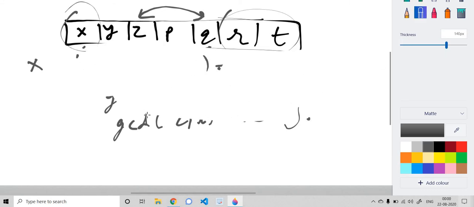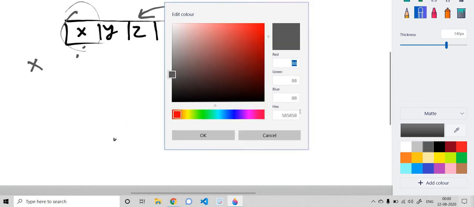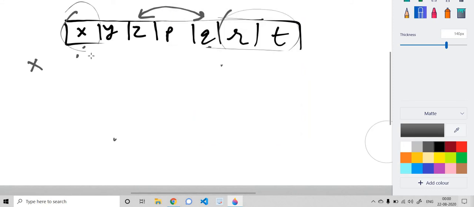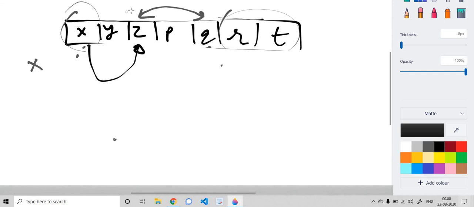Now we can do one thing. We can first take x to this place and swap with this z. So let's say after swapping we have z here, x here and q here. Let's not focus on the other elements.